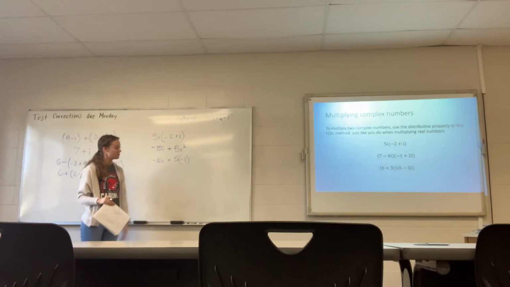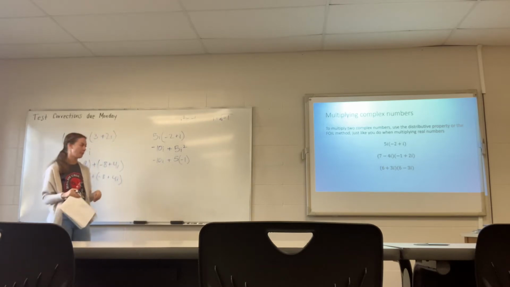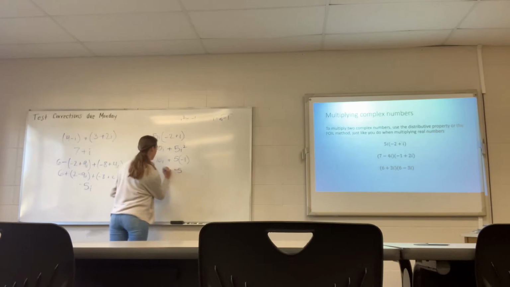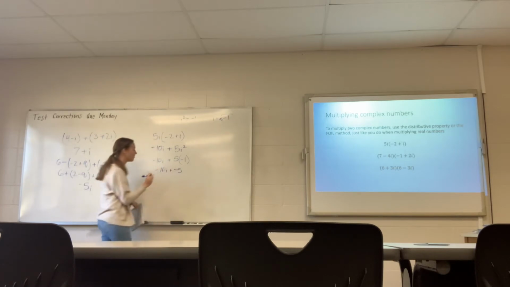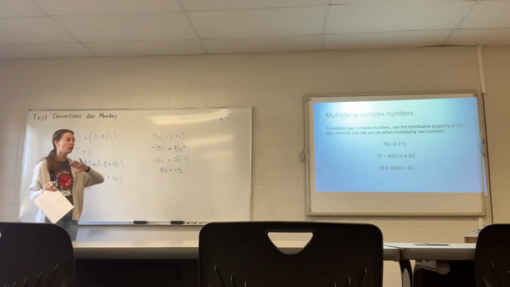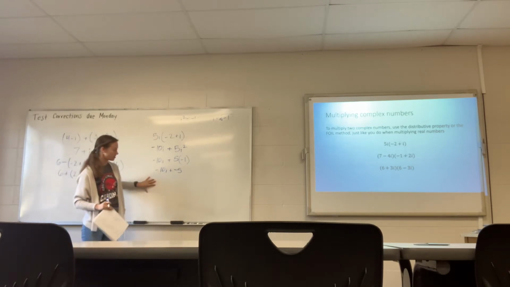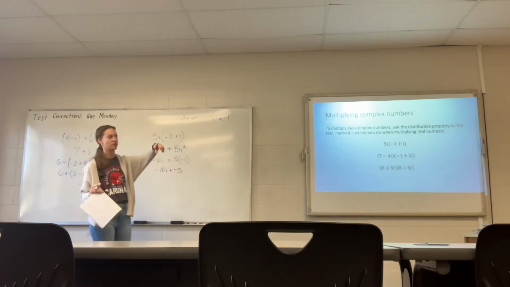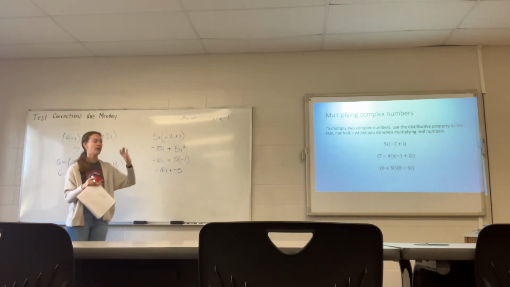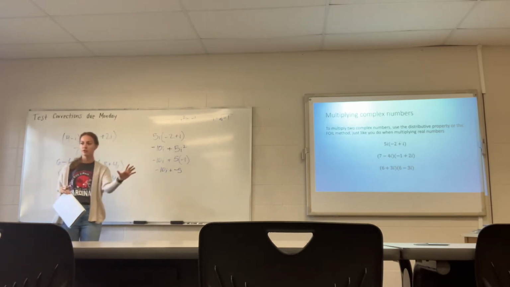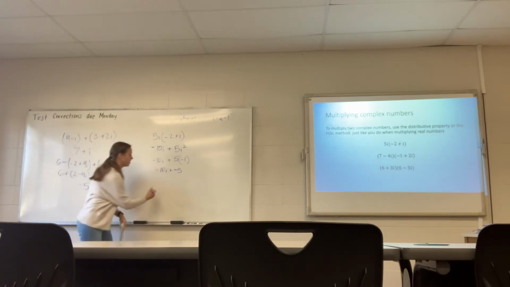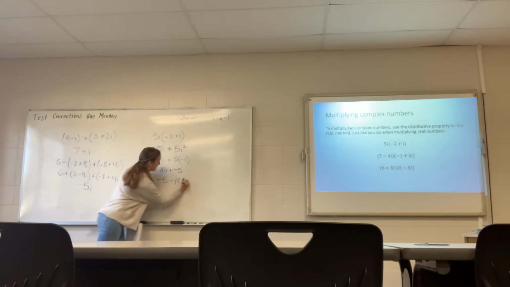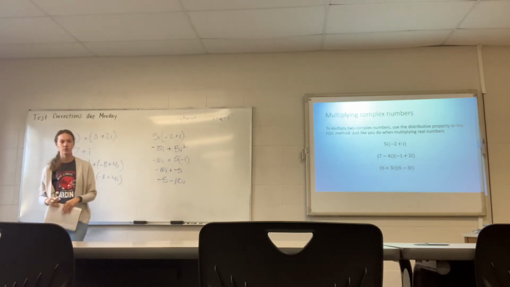Then 5 times -1 gives me what, Mia? Yes, I have -5, and then I have the -10i. And then the only thing is, you are always supposed to put the real number in first, like in front, and then the imaginary part second, just like the poster says, just like the slide said. So the a plus bi, so you start with your real number and then you have your imaginary. So we just have to flip them, so we'd have -5 minus 10i would be our answer for this one,